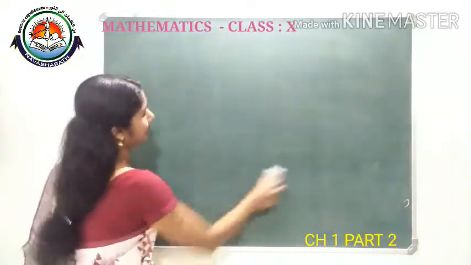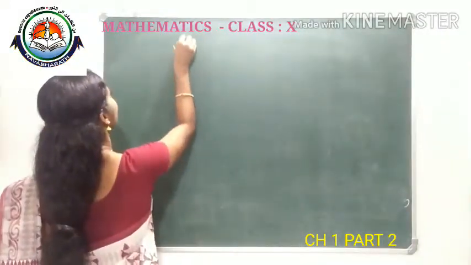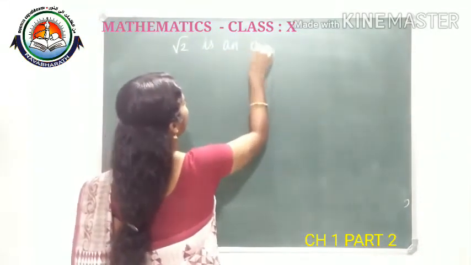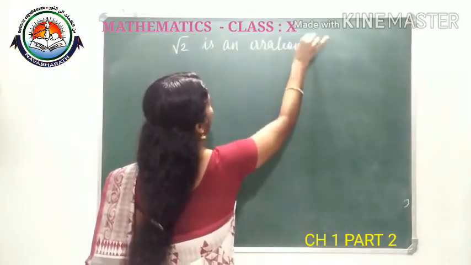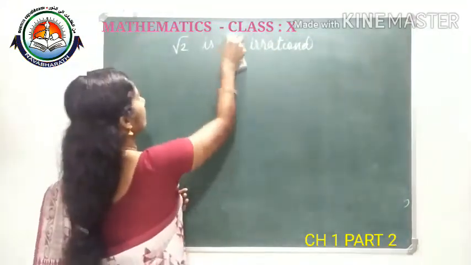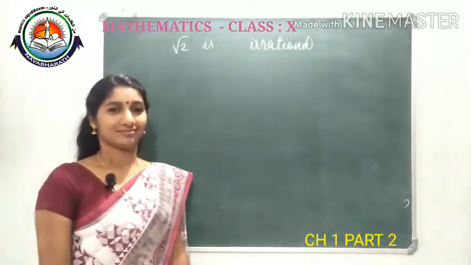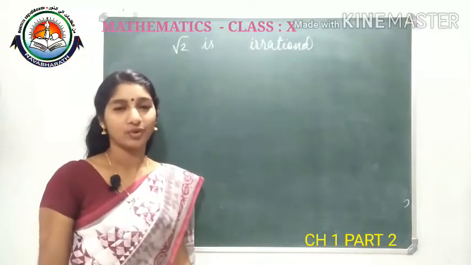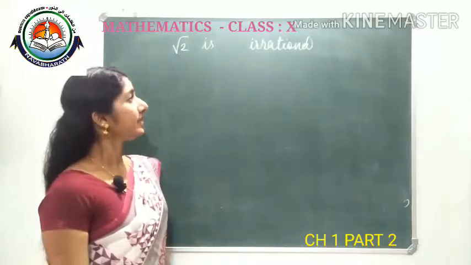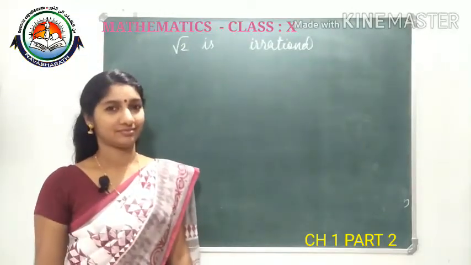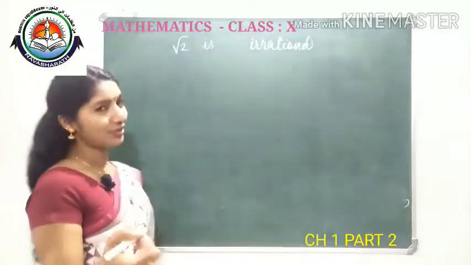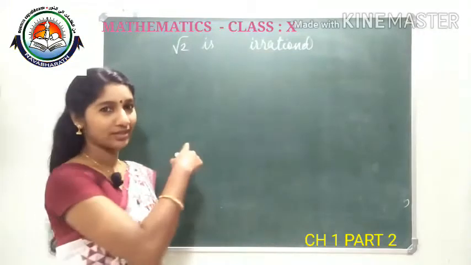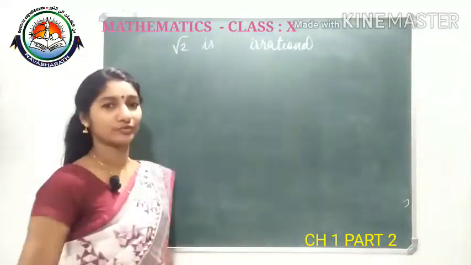Then one problem is given like this. Prove that root 2 is an irrational number. Or simply prove that root 2 is irrational. We know root 2 is irrational because we can't write P by Q form where P and Q are integers. Isn't it? We need to give the proof theoretically. For that only we studied this theorem. If P divides A square, then P divides A also. We need that help for this proof.